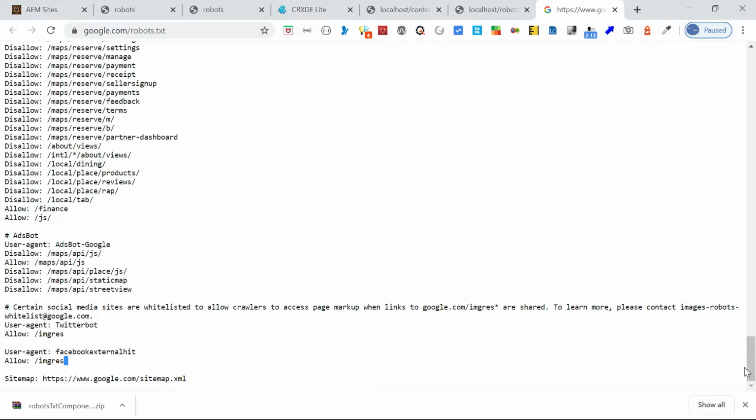This command is only supported by Google, Ask, Bing and Yahoo crawlers. Now let's see some common uses of robots.txt. The first one is preventing duplicate content from appearing in the search result page. Let's say there is duplicate content on your website; you can use the crawler directive to block one specific version of the content.